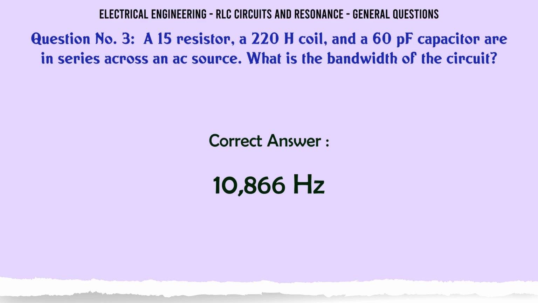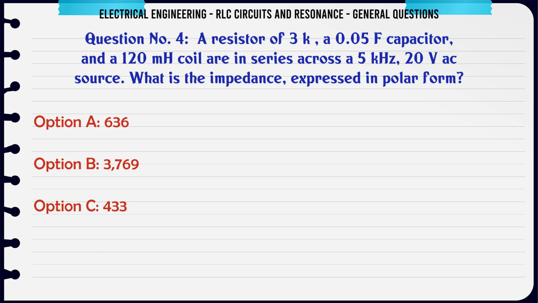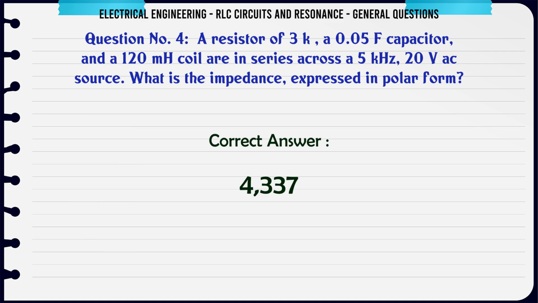10866 Hz. A resistor of 3 kΩ, a 0.05 µF capacitor, and a 120 mH coil are in series across a 5 kHz, 20 V AC source. What is the impedance expressed in polar form? A, 636 Ω; B, 3769 Ω; C, 433 Ω; D, 4337 Ω. The correct answer is